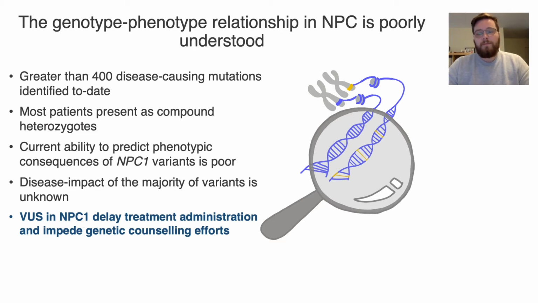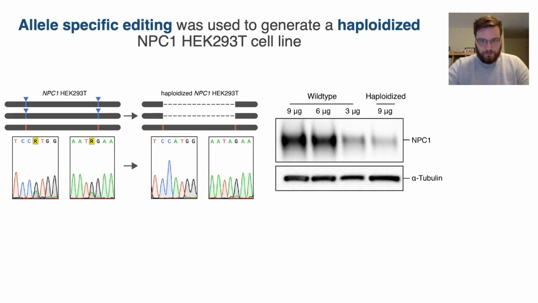So I, again, am using this haploidized cell line. And what I'm showing you that's new here is a Western blot, which shows that in the haploidized cell line, you have about 1/3 the protein expression as the parental wild-type cell line. And so this indicates that this cell line is functionally haploid. So it's only expressing NPC1 from that one remaining allele. And so instead of using the HDR-based strategy that I outlined previously, I was interested in using this new CRISPR